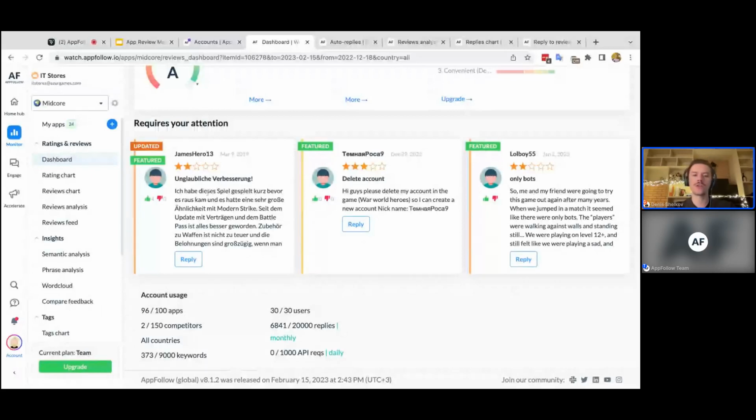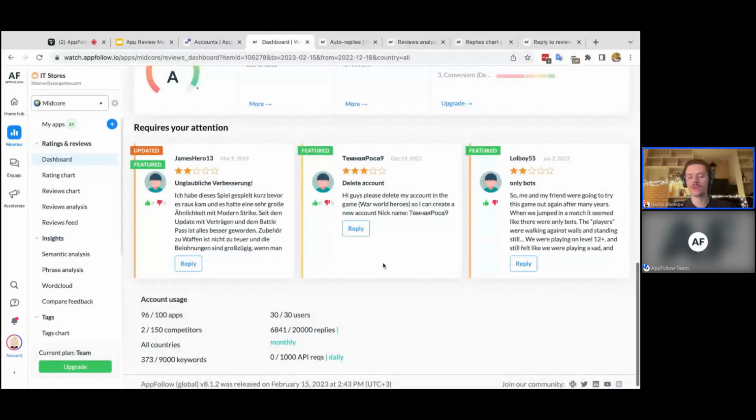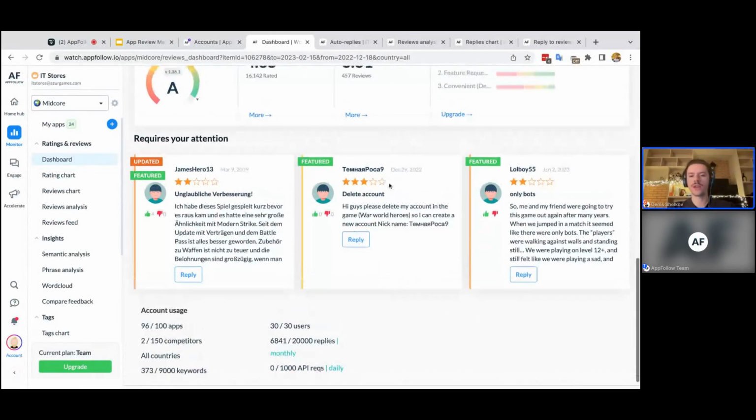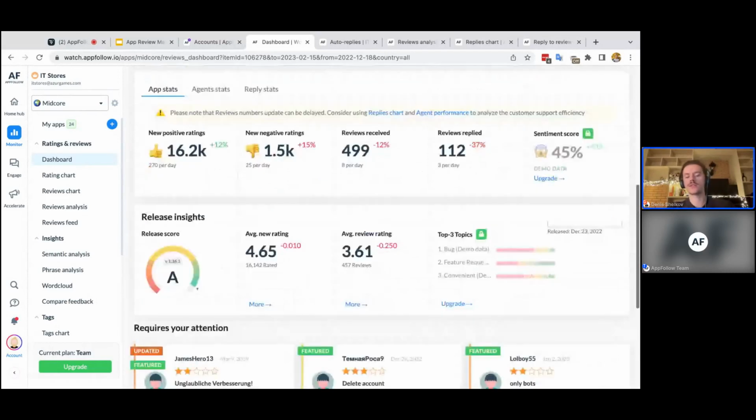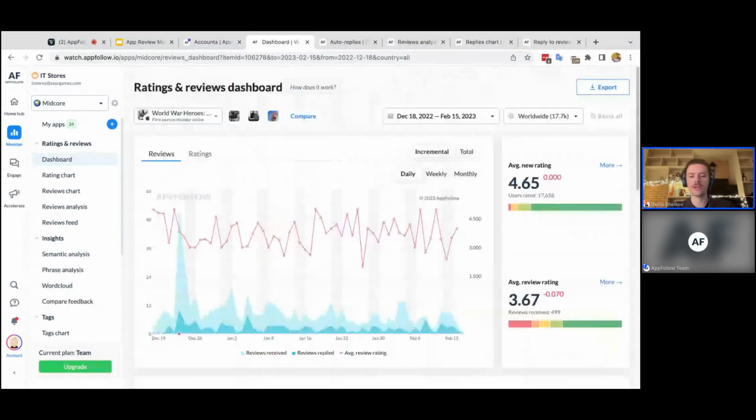These are usually the featured reviews that don't have any replies at the moment, especially the negative ones. These are the reviews that are more visible on the app page, so we usually strongly recommend replying to them, especially the negative ones. Even if you don't have the automation, you can easily do that in AppFollow using the filter for featured reviews. That's what we usually start with, going through these numbers,